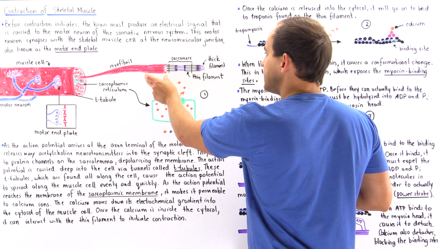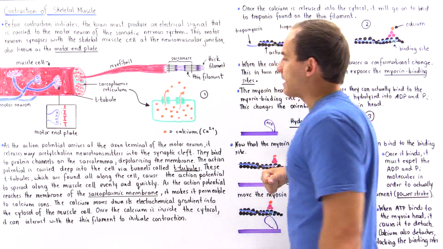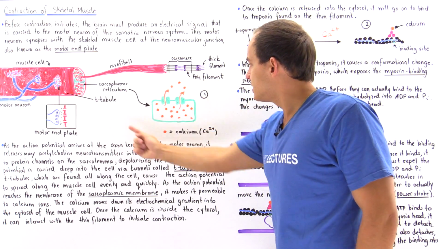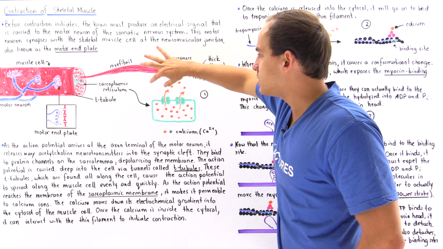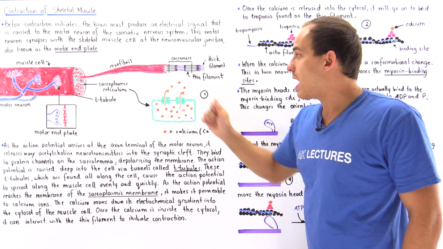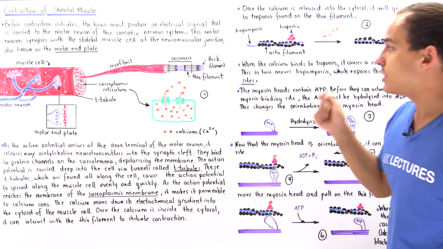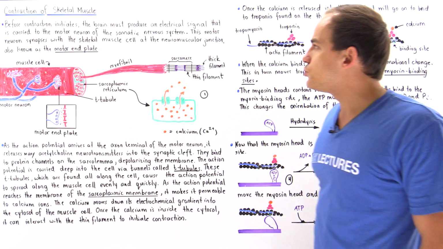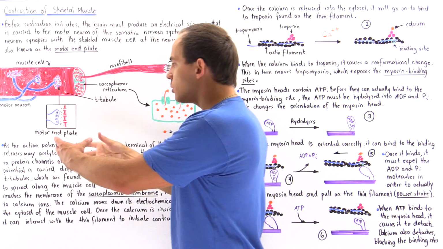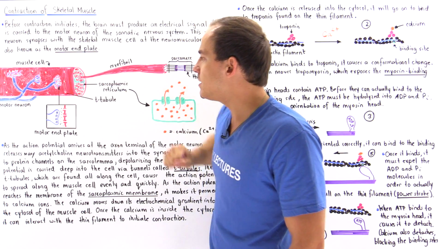So we have many of these sarcomeres connected end to end to form our myofibril. Now, once the calcium is released into the cytoplasm of the cell, the calcium ions will go on and bind to a special region on the thin filament, as we'll see in just a moment. Now, by the way, this junction between the axon terminal and the membrane of our muscle cell